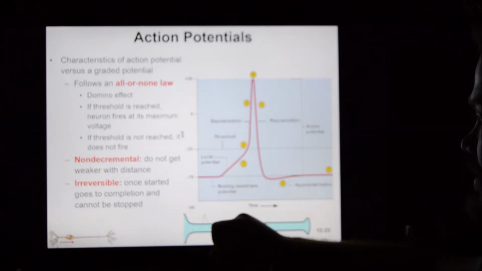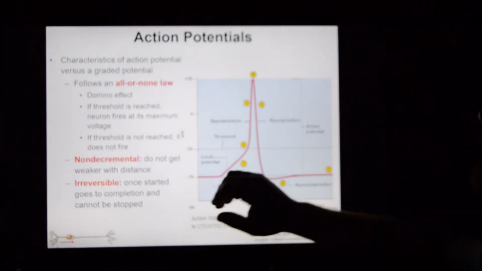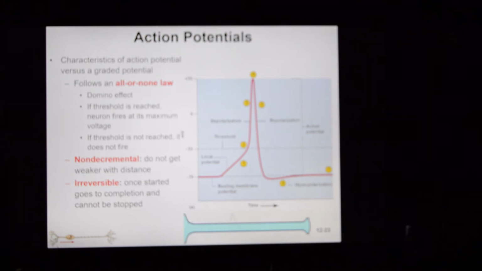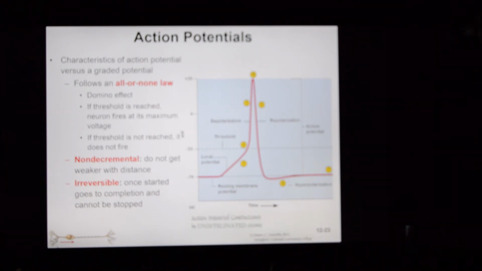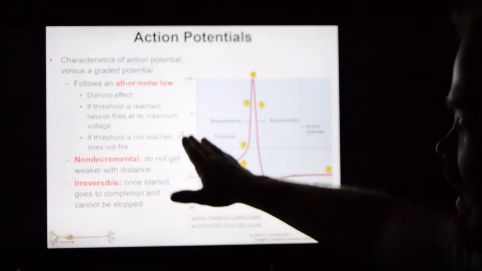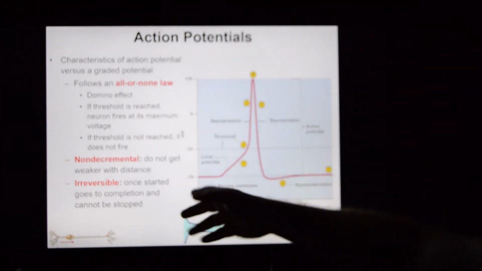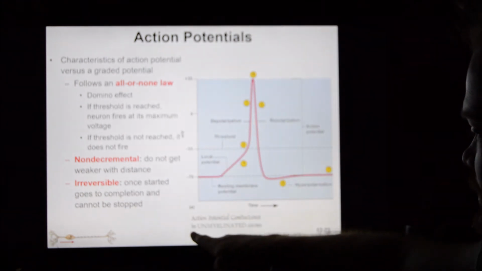Action potentials look like this, by the way. Action potentials follow what we refer to as an all or nothing law. The action potential is either going to start and flow down the length of that axon, or it's not going to. It's dominoes. They either go or they don't go. That's just how this works. They are non-decremental. They do not weaken over time. It's all or nothing. You get the spike. You can see the spike going down the length here.